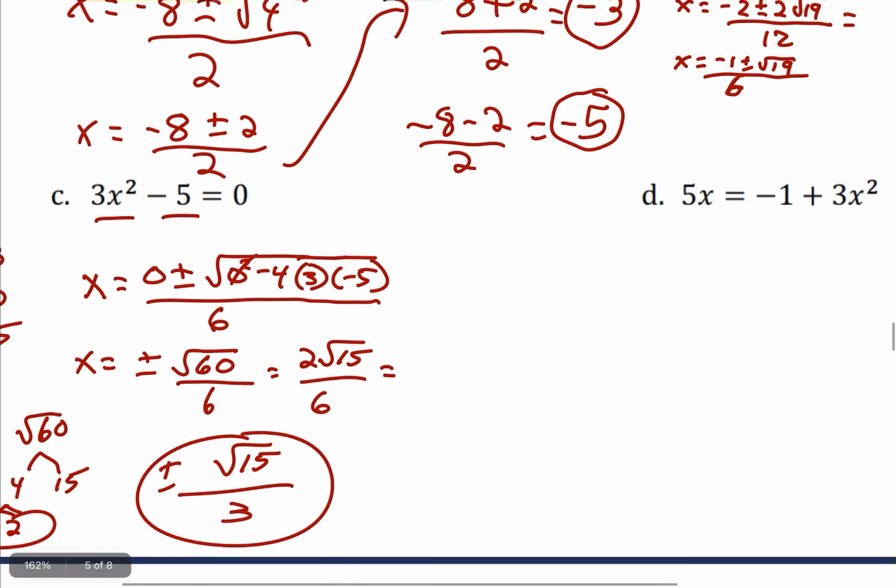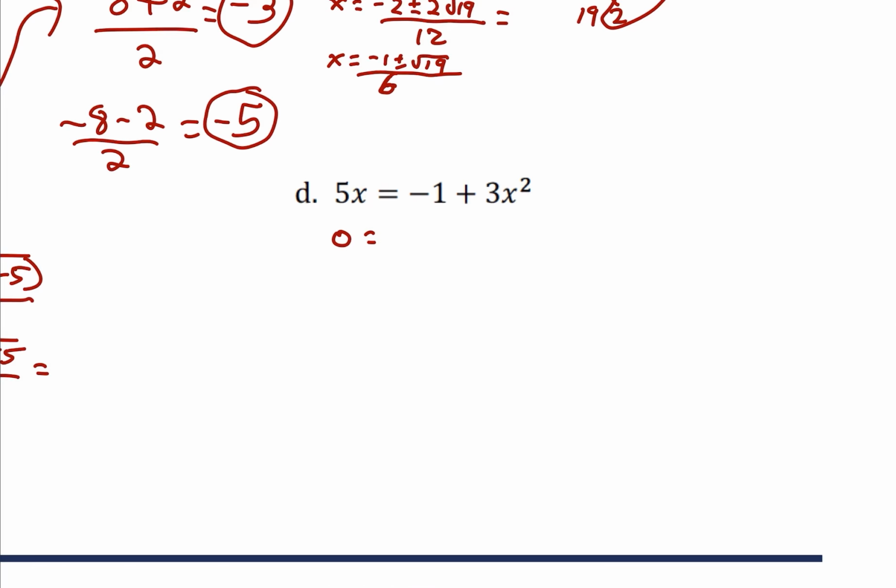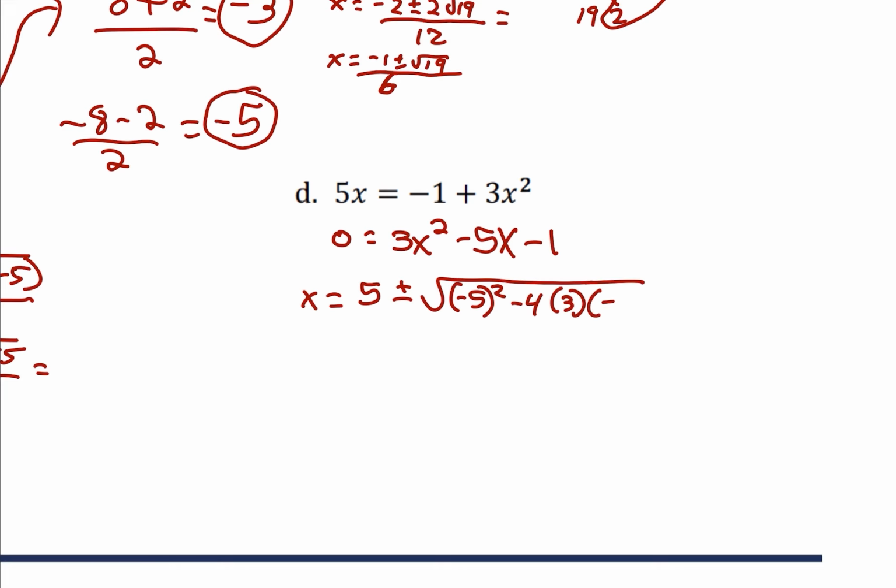All right, last one, D. This time we have to rearrange everything. I'm going to make the left side equal to 0 this time and leave the 3x squared on the right, move the 5x over, which makes it minus 5x minus 1. So x equals -b, which is going to be a positive 5, plus or minus the square root of b squared. Now notice that I'm putting the -5 in parentheses because when that gets squared, it should be a positive 25. So it's b squared minus 4 times a times c,